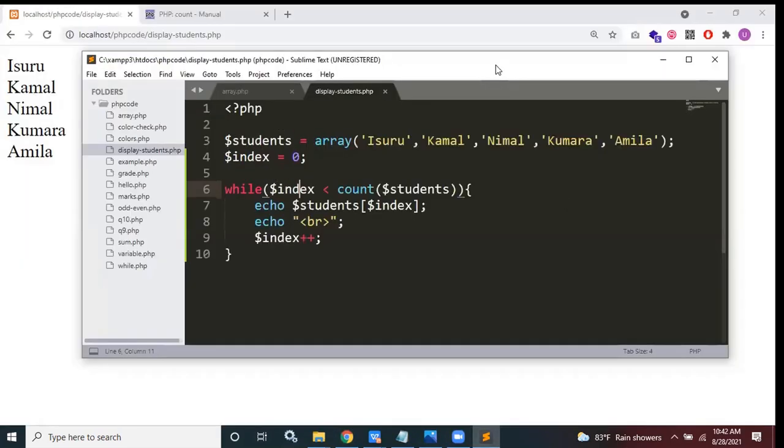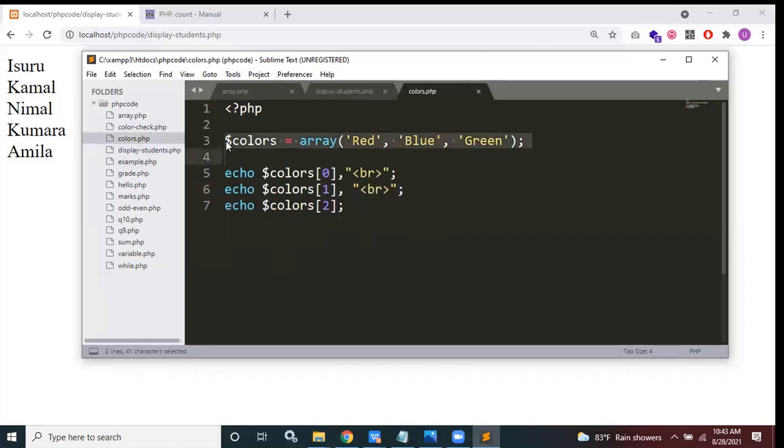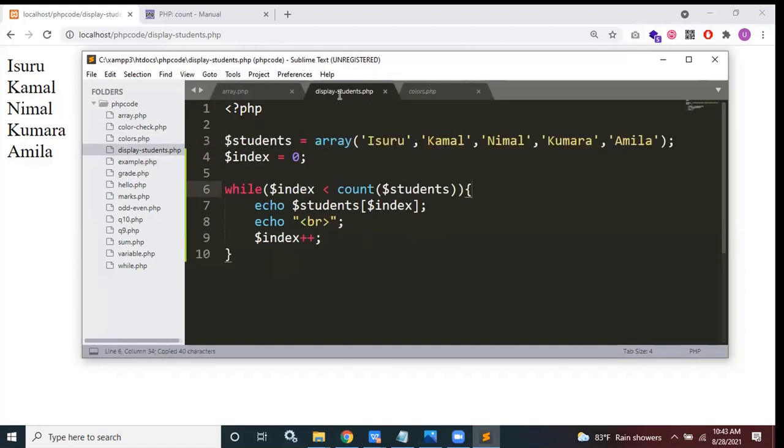So it will loop through all the elements in our array. So this is going to be a common code block that you can use for any array that you provide. Let's say you change this array. So I'm going to change the array to this. I'm going to copy this, and I'm going to paste it here, and you need to change